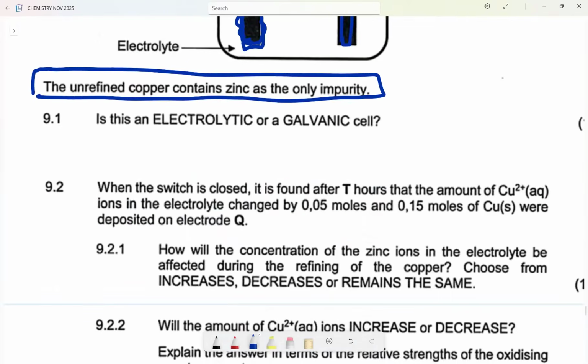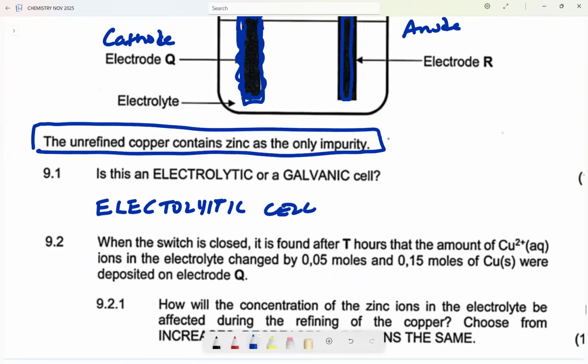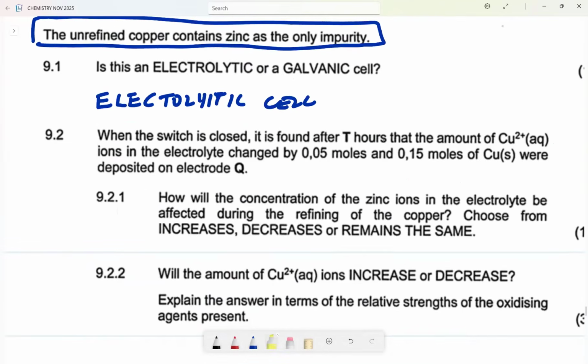Is this an electrolytic or a galvanic cell? We know, guys, Question 9, it's an electrolytic cell. How do I know? I see an electrical component here. And they tell us that when the switch is closed, it is found that after T hours the amount of Cu2+ ions